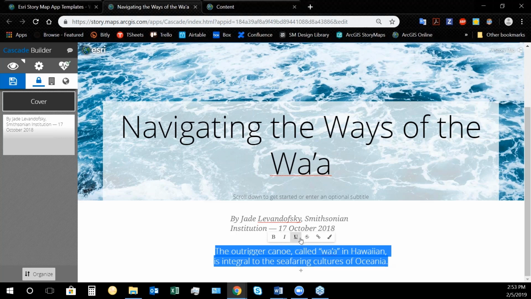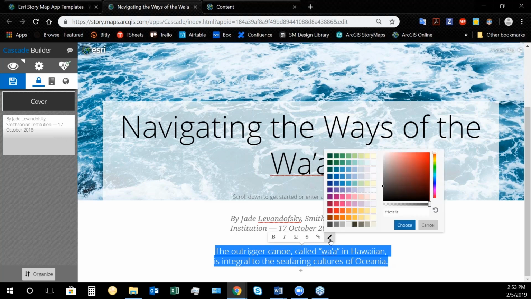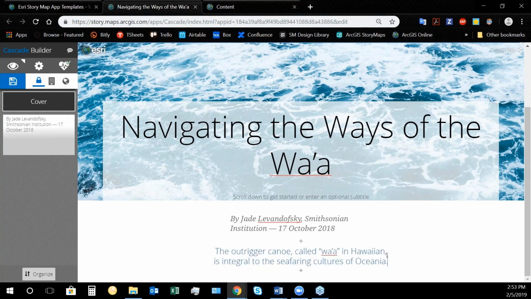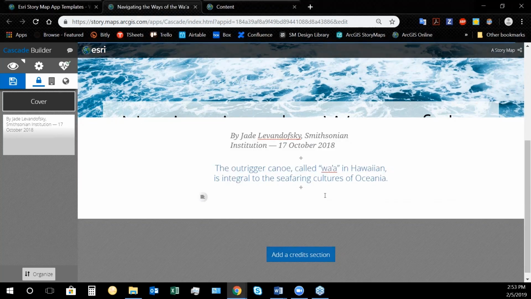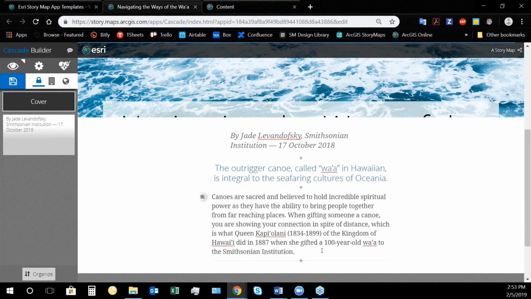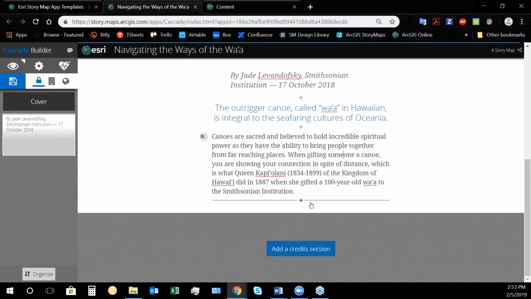So bold, italic, underline, strike through. I can link out with hyperlinks, as well as change the color of the text. So maybe we'll choose some blue here to set it off as a heading. Continue to add some more text. This time I'll just add a section of standard paragraph text, which is what by default comes in there. So far I've shown you all of the text options you have, more or less.